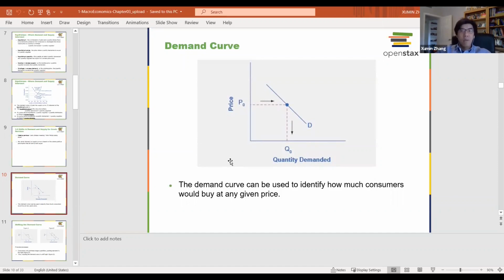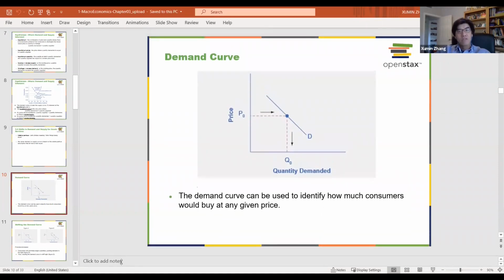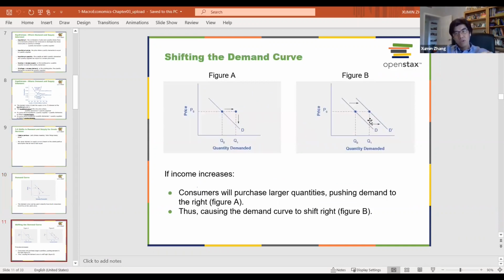After we know the basic demand and supply model, we are going a little bit further regarding what other factors influence the demand and the supply. In this case, it's the demand. We're talking about the demand curve. We already know that, but something will shift the demand curve. Keep in mind, it can shift to the right, or it can also shift to the left, depending on different factors.